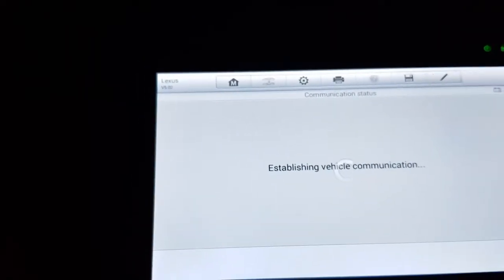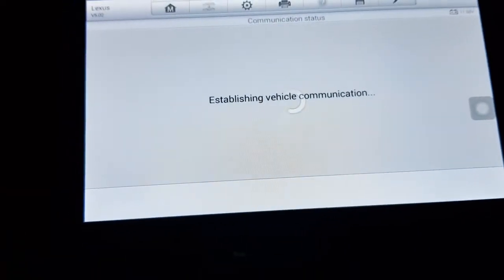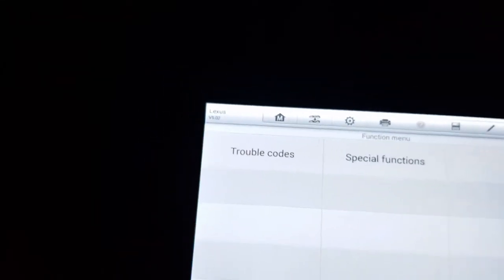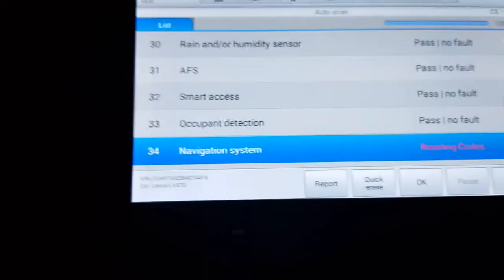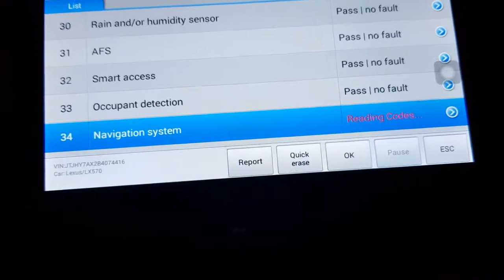Sorry about the delay. I turned off the motor because it's hot. No fault detected. Escape. It's reading the codes again to see if they will come up again.